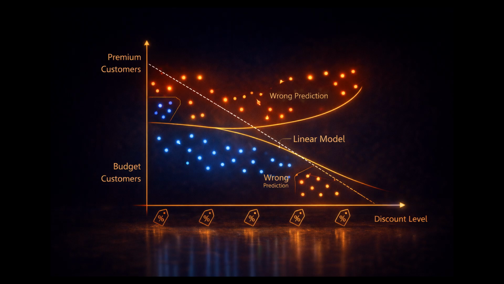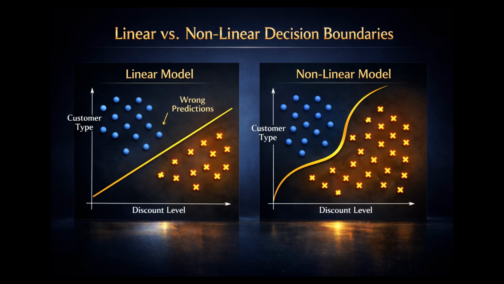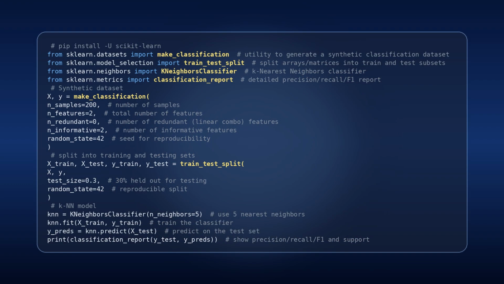A linear model forces those dynamics into a straight line. It assigns the same weight to discount sensitivity regardless of the customer segment. The result is low accuracy and a false sense of confidence. This is exactly the class of problem that non-linear models were designed for: problems where the decision boundary is not a line, and where the interactions between features matter as much as the features themselves. K-nearest neighbors makes predictions by finding the K training examples closest to a new observation, and taking a majority